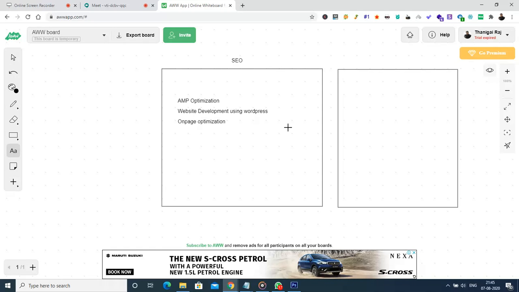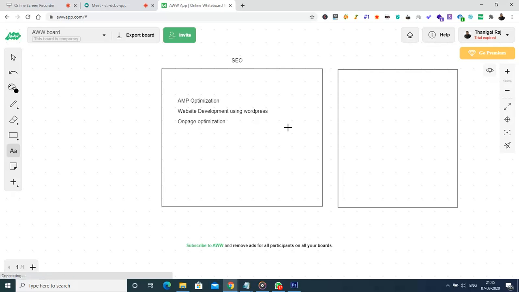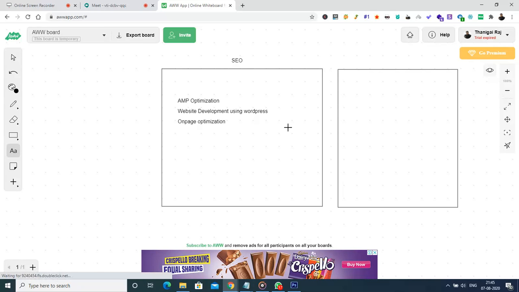Okay, so what are the things we are going to change in the web page? From the basic point of view, we will be changing the text, the image tags, the heading tags, the title tags, the meta description, and so on. Mostly the content from the users' point of view, which are the important factors, not the design. Design will not come into the picture in the SEO part. Only the content, the data. That is what we are going to change, and that's how we communicate to Google that this page has been built specifically for the keyword that people are searching for.